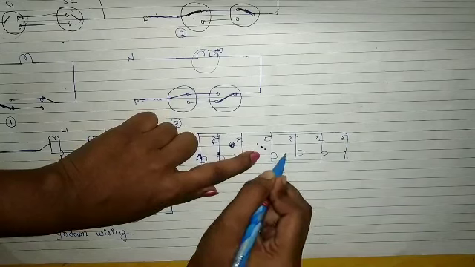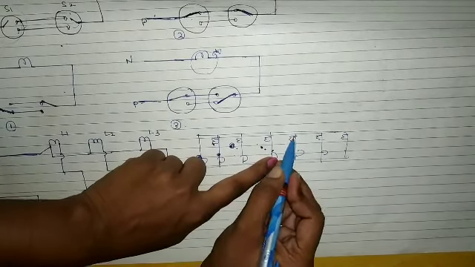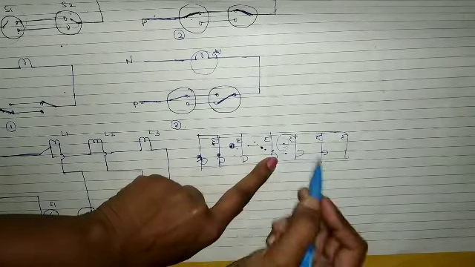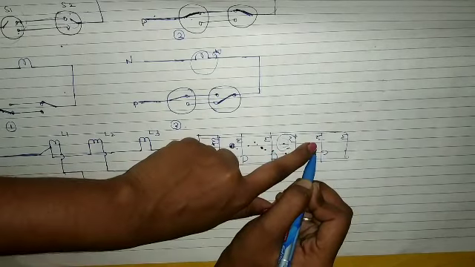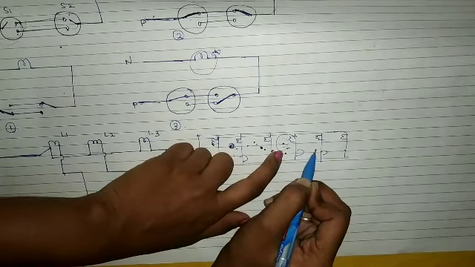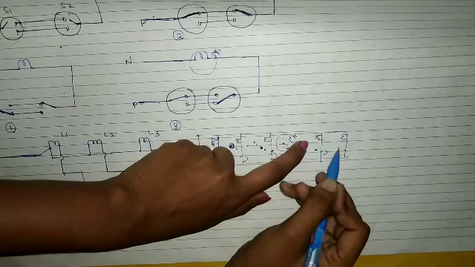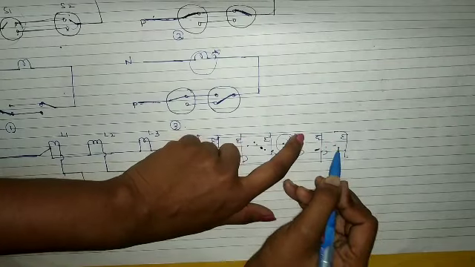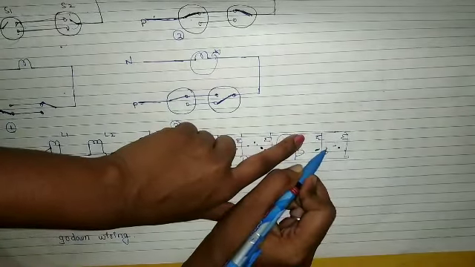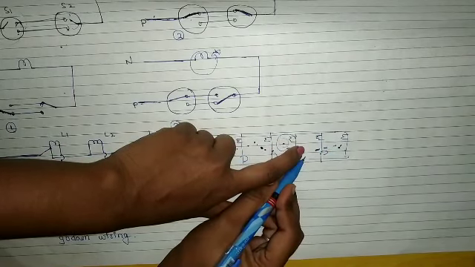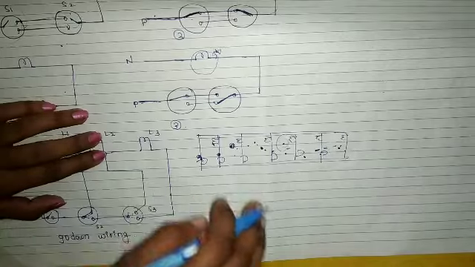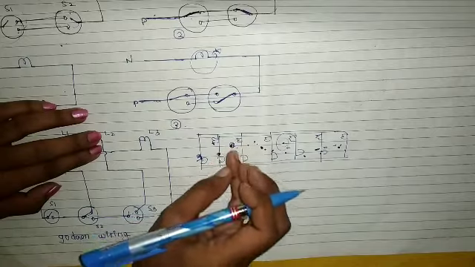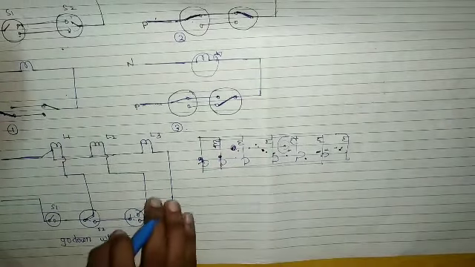Now if he enters this room, then what will happen when we turn on the switch? Only the light of this room must turn on and this will go off. Now if we come here in this room, then this room's light has to glow and this has to go off, right? And whenever he comes here, the light of this room has to glow and this has to turn off. Similarly, while coming out, whenever he turns off these lights, the light of this room must glow. Means the person in that particular room, only that room's bulb must get on. Okay. So this is the diagram.